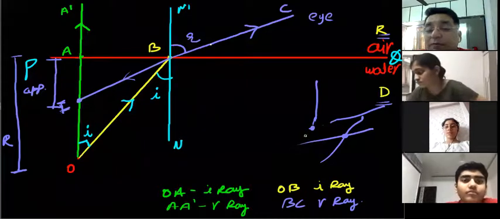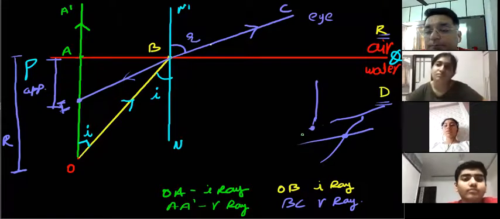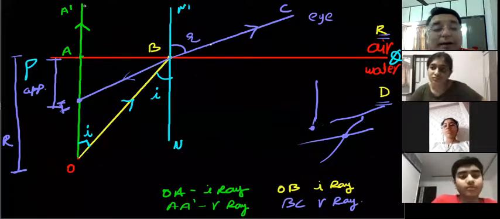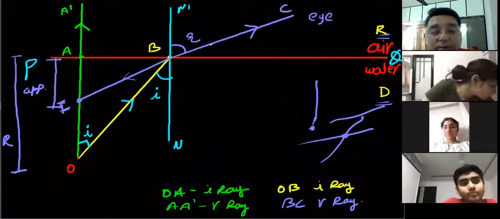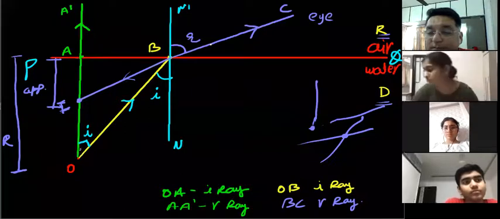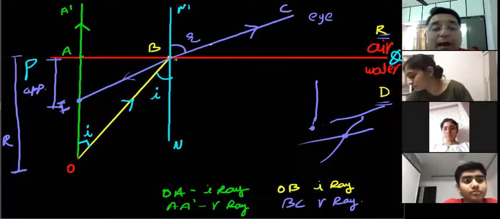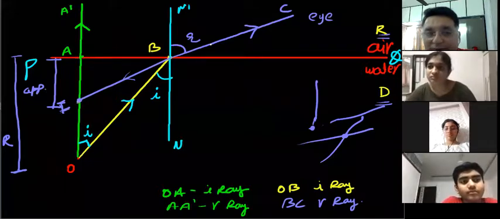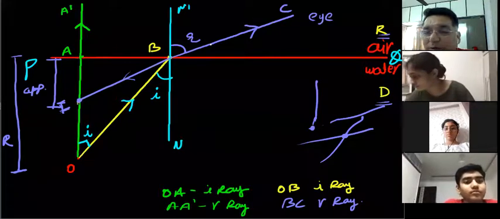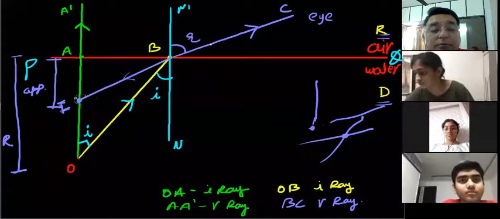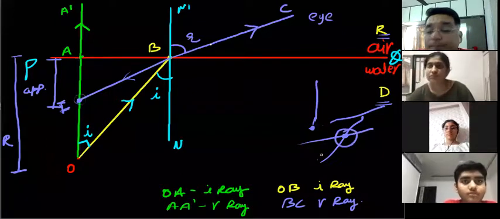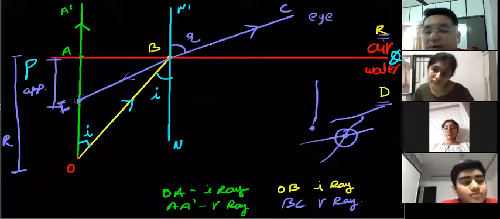And we used to call it a virtual image, if you remember. So what we did is we produced A dash downwards, that will be the perpendicular line, the green one, and BI will become the second ray, the refracted ray, which we are producing backwards. So here they cross, and this point is the image of the object.